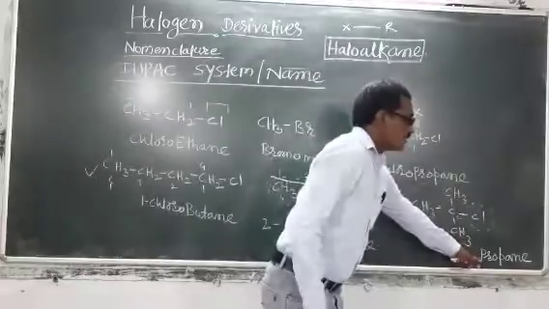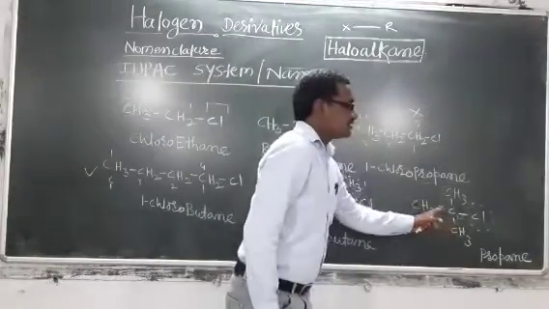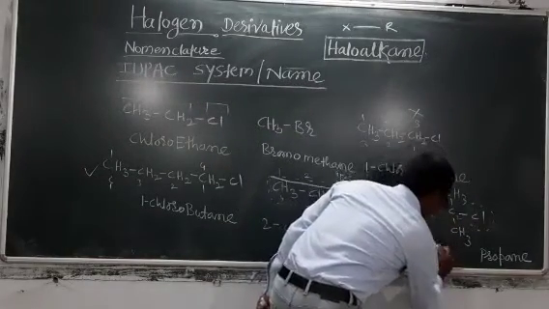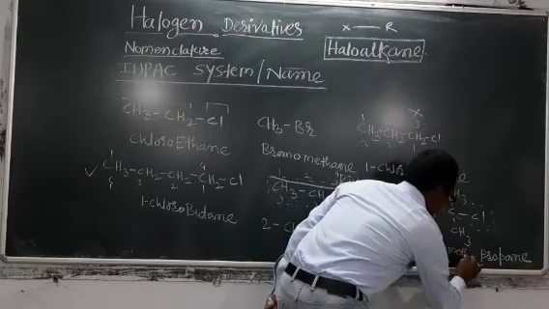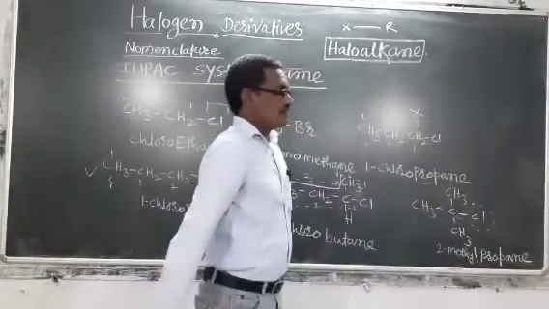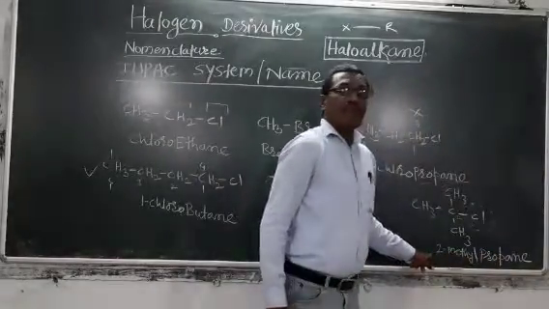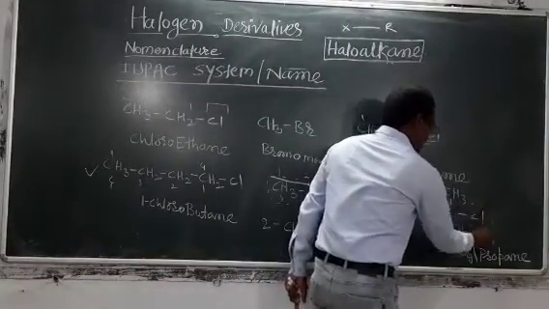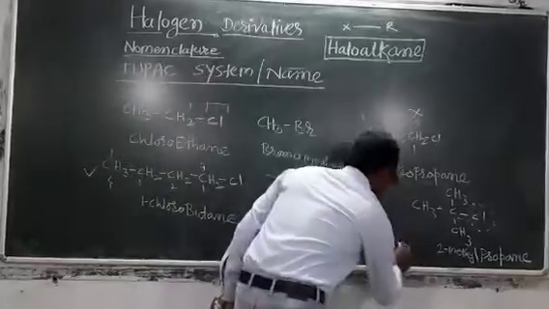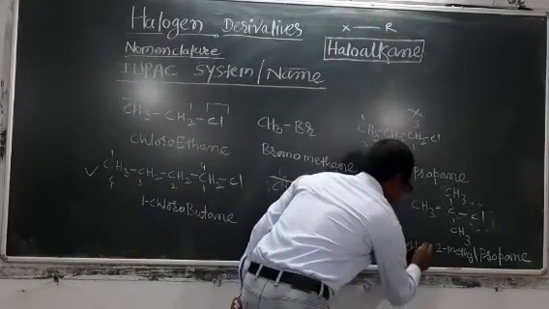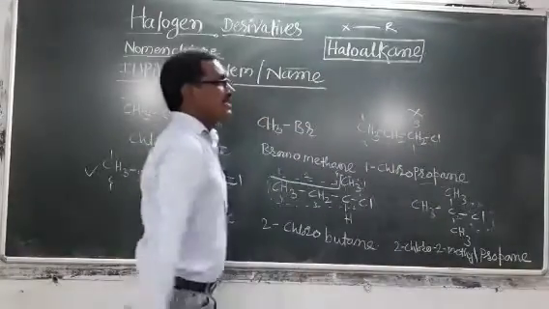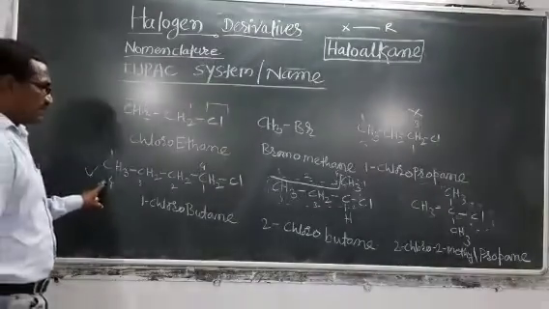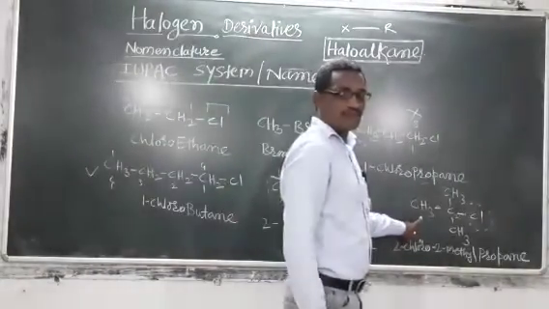Now propane, then we have to write substituents of the selected chain. 2-methyl propane, 2-methyl propane. This is the name of the parent alkane, 2-methyl propane. Then we have to write the position and name of this halo group. So it is 2-methyl propane. Look at these 3 examples once again. This example, another example, and another example.